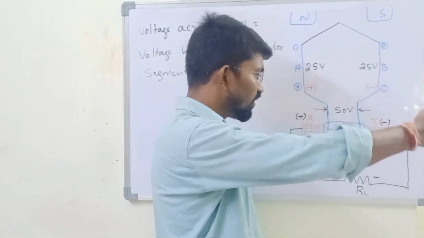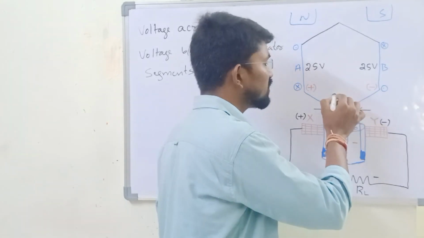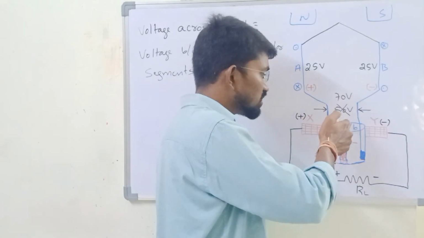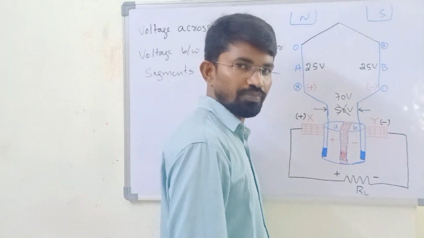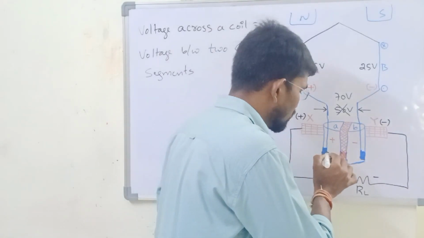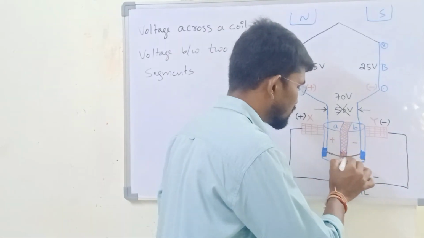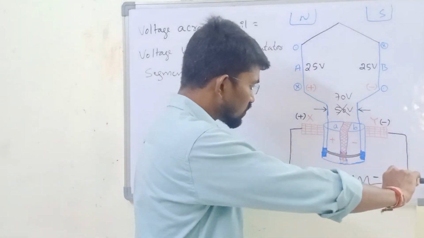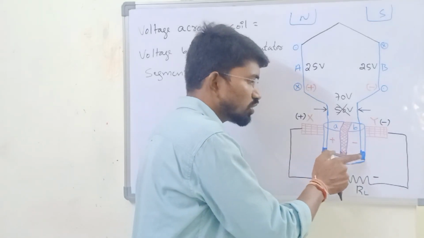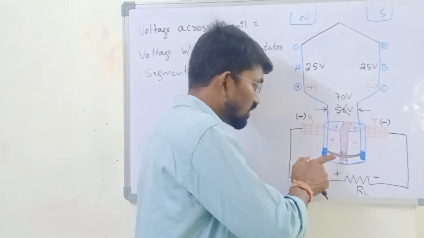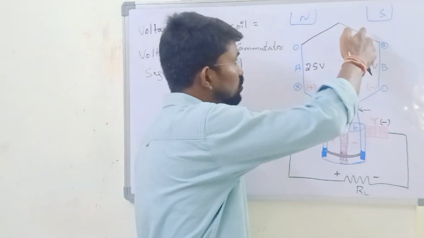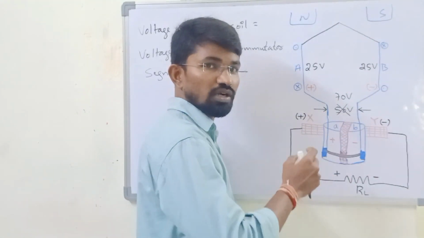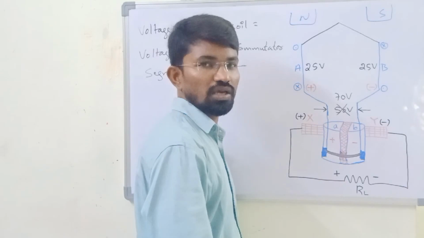Yes or no? But unfortunately, during the operation of the machine, instead of 50 volts, the induced voltage is 70 volts. What happens? Because of this excessive voltage, this insulation will break down. When this insulation breaks down, these two commutator segments will get short circuited. Now my question is, what happens if there is a short circuit between these two commutator segments? Because of this short circuit between these two high voltage conductors, a large circulating current may flow, and because of that a huge amount of heat will be generated and armature conductors may burn out.